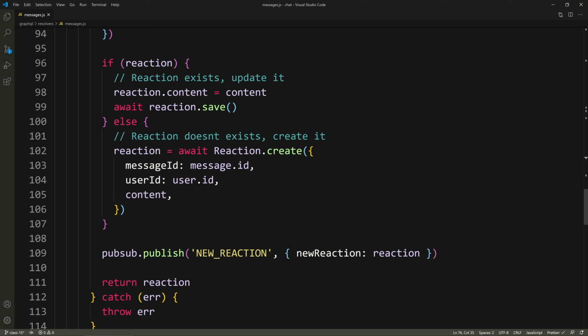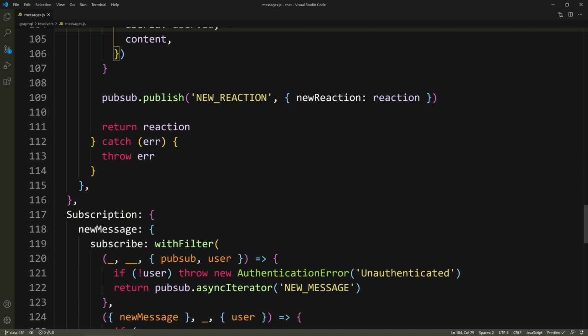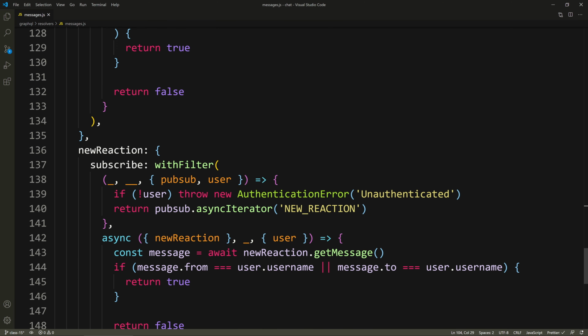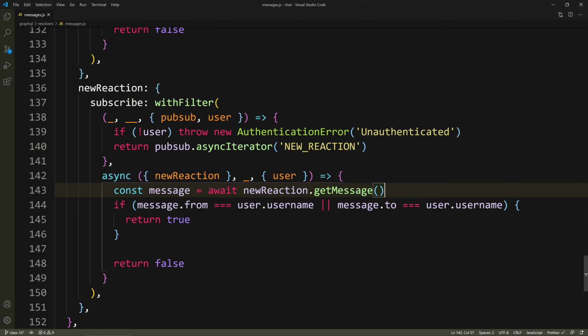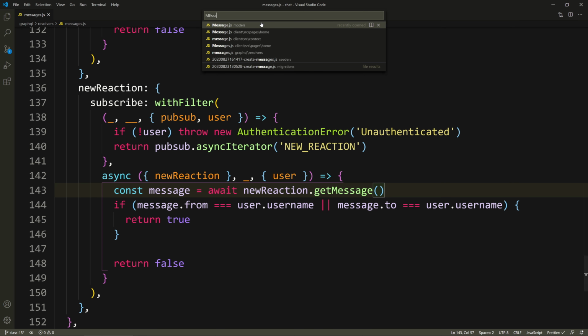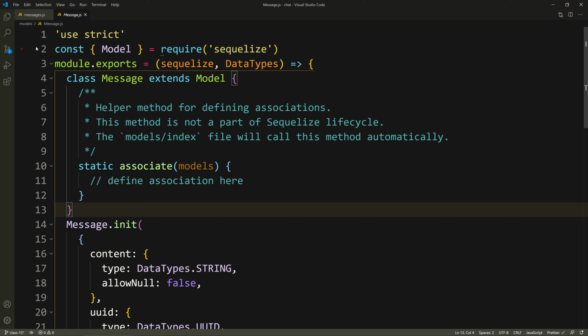Here, if the reaction is created from the ground up, it's a new one. It's gonna go to the subscription, but this will fail. Where is it? Right here, this get message call will fail. And that's because if we go to the message model, or rather the reaction model,